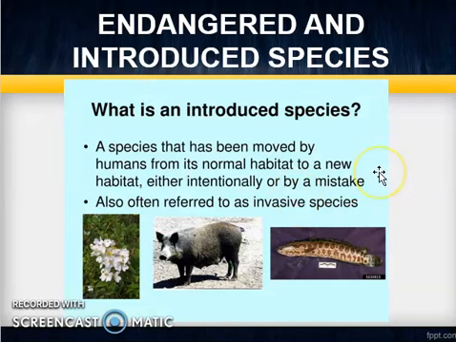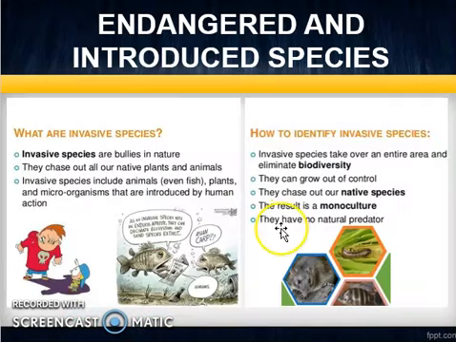Now we want to discuss the second term related to our fifth environmental issue, which is introduced species or introduced animal. In terms of meaning, it is a species that has been moved by humans from its normal habitat to a new habitat, either intentionally or by mistake, also often referred to as invasive species. So what are invasive species? Based on this slide,